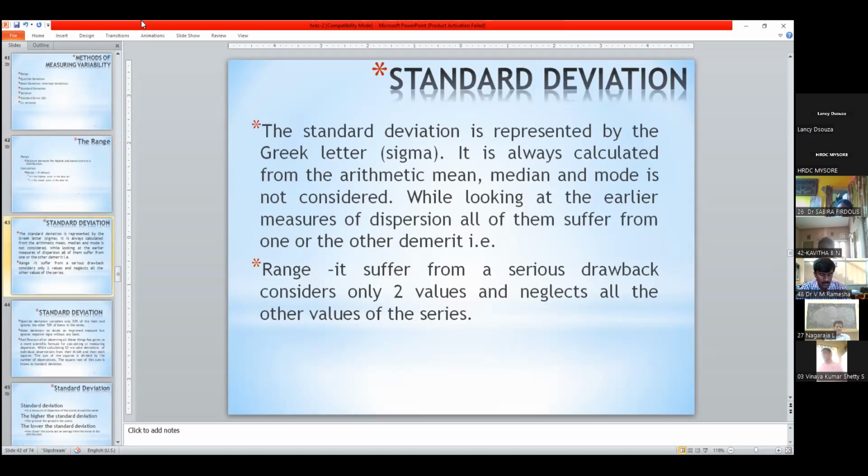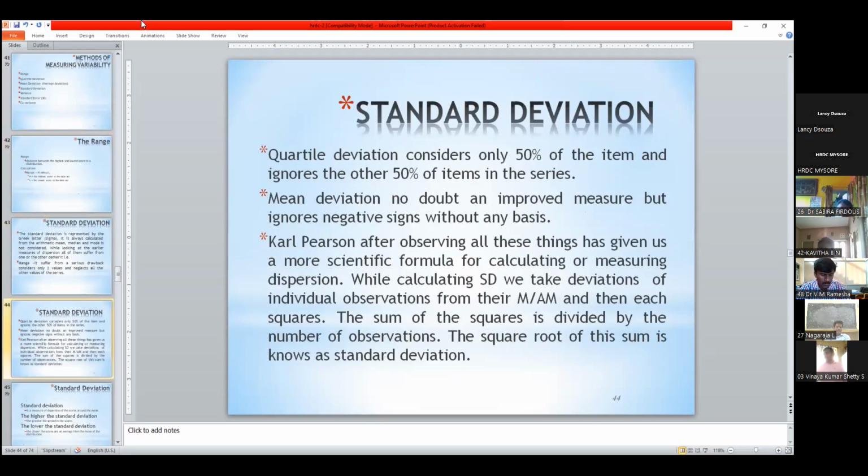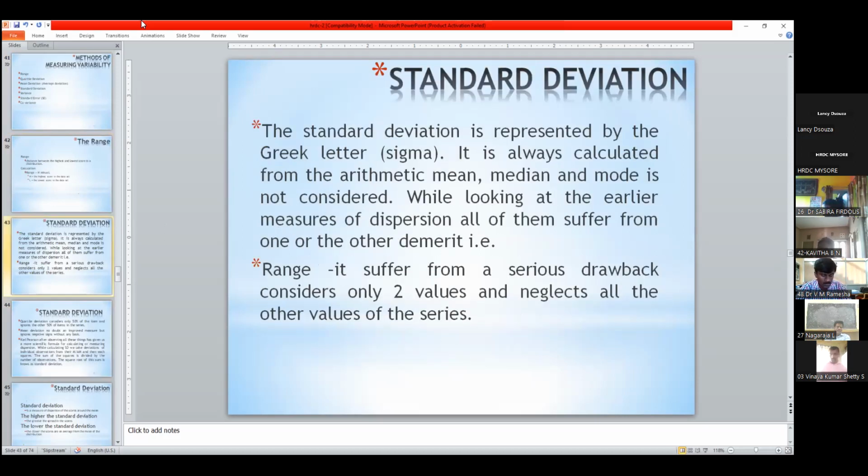Now, why am I telling you about the great impact on the analysis? Because when we say standard deviation as such,